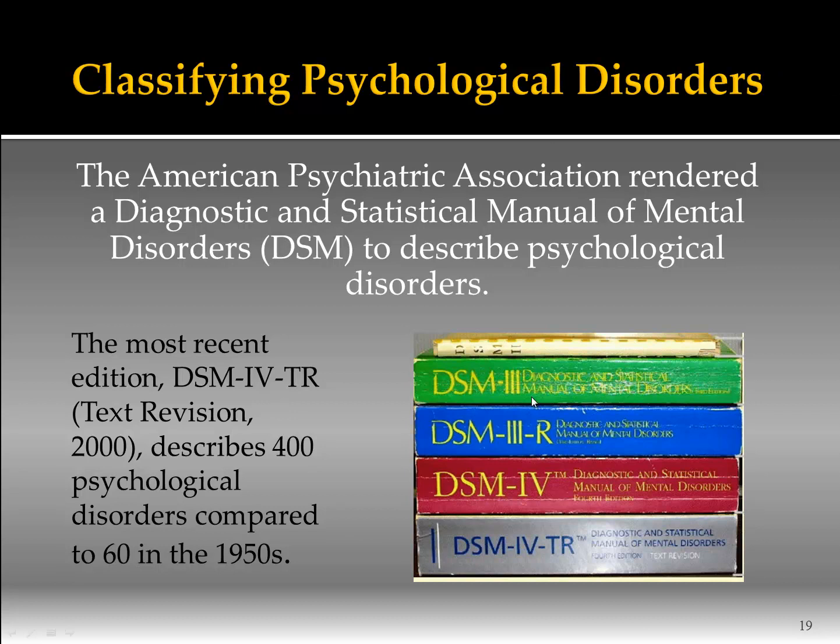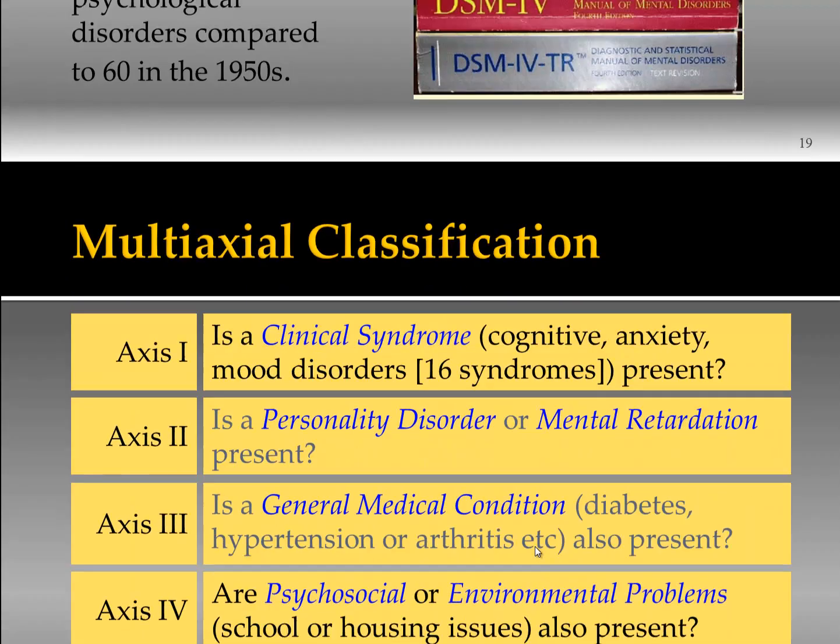But if you look at the stack here, right at the top is the old 1950s manual. Look at it. It's real thin. And then from there, here we have the DSM-3, DSM-3R, DSM-4, DSM-4-TR. And we're literally getting up to a good 1.5 to 2 inches of paper in one of these things, pretty much like a phone book. So, very, very detailed explanations, and we'll talk about that as we go through here.